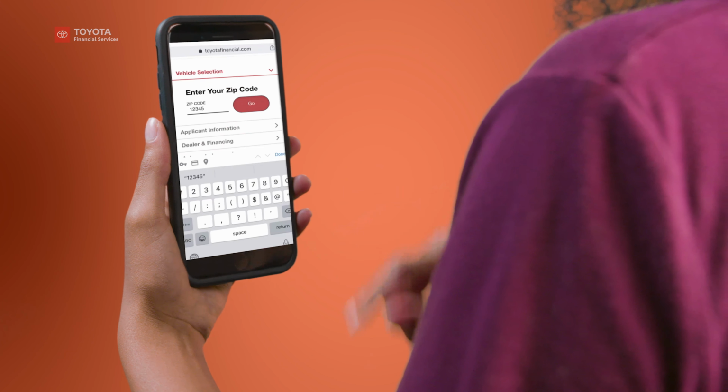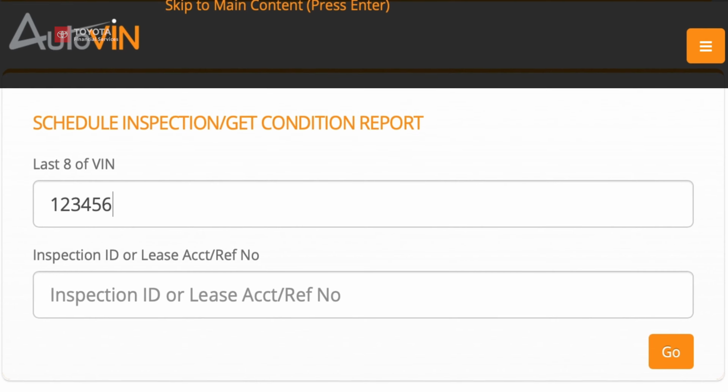Now that you've started shopping for a new car, it's time to return to your current one. Step 1, we recommend scheduling a complimentary vehicle pre-inspection with AutoVin approximately 60 days before you return. It's fast, easy, and they'll even come to you. Really? Like they'll even come to my office at lunch? That is correct. To schedule, head on over to AutoVinLive.com or call